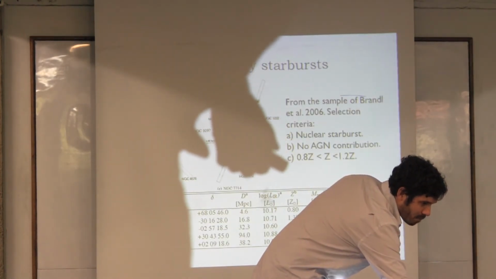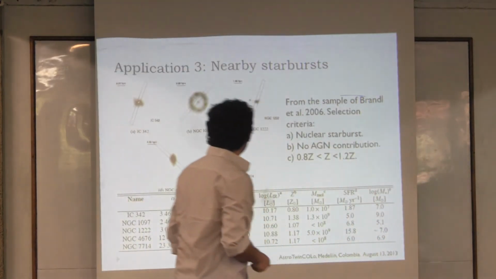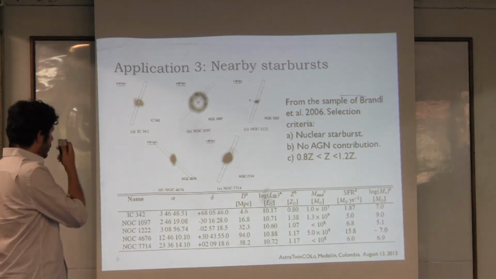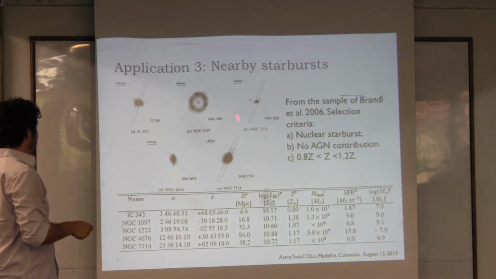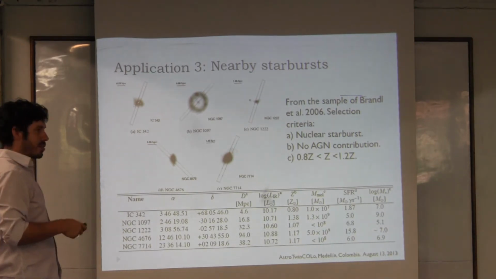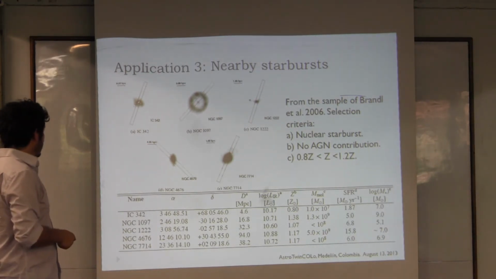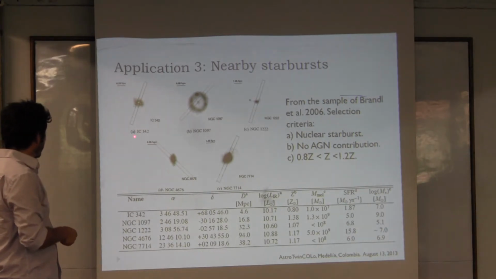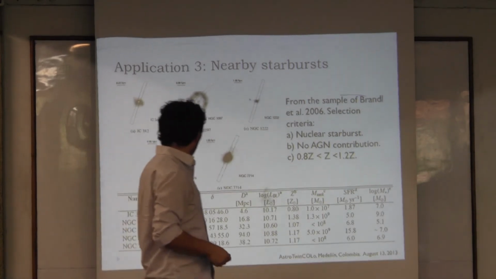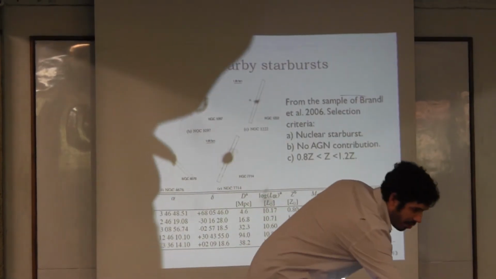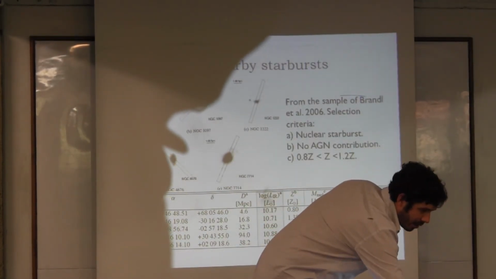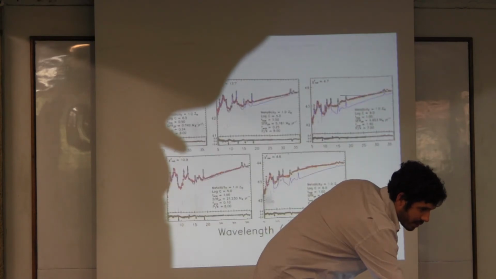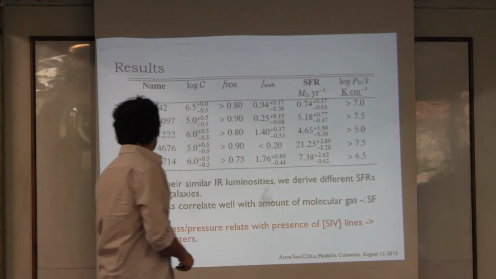And then finally, just to finish with a different application, by the end of my PhD thesis we looked at some starbursts from the Bernard 2006 selection. We were also trying to constrain the Spitzer spectra using this method. These were also systems that we thought had no AGN. The interesting thing is that we could of course get fits to it.